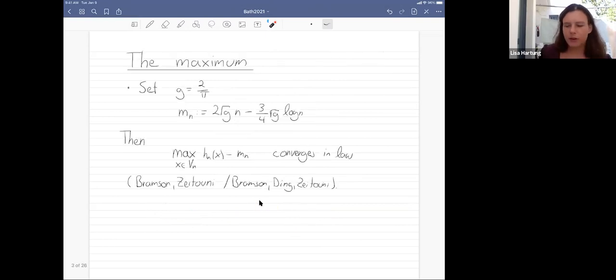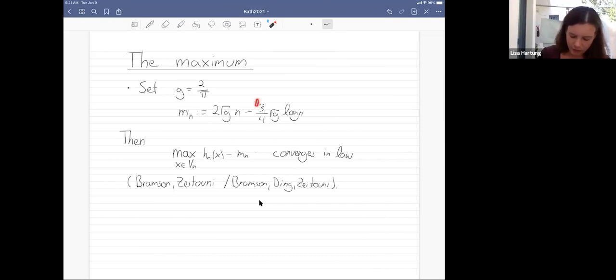So what is known about the extreme values of this process? We have this box as a part of Z2, and we can ask, what is the size of the maximum of the field in this box? It turns out that when we take a box of this exponential size, then the order of the maximum is given by 2 square root of 2 over pi times n minus 3/4 times the square root of 2 over pi log n. So this you can compute.